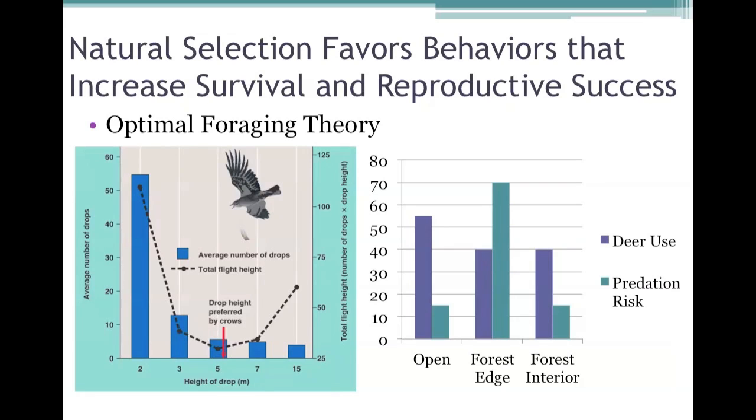So if you look at the left-hand side, you can see that deer spend a majority of their time in open meadows. And the reason why they spend most of their time in open meadows is because the risk of predation is low. By spending their time there, they have a greater chance of survival and therefore reproductive success. So it's more likely that if that behavior is rooted in its genetic code, that those genes will be passed